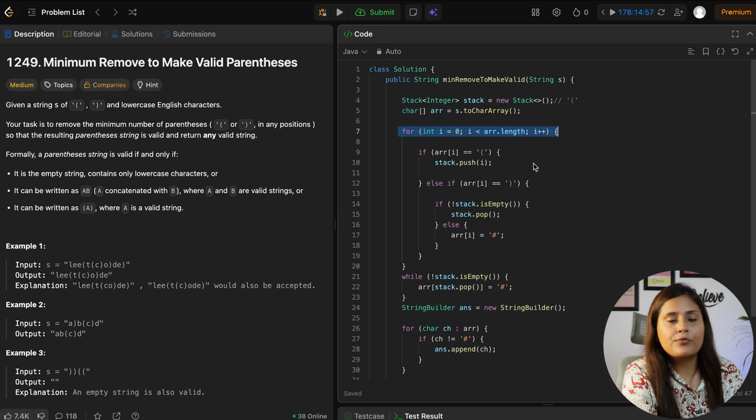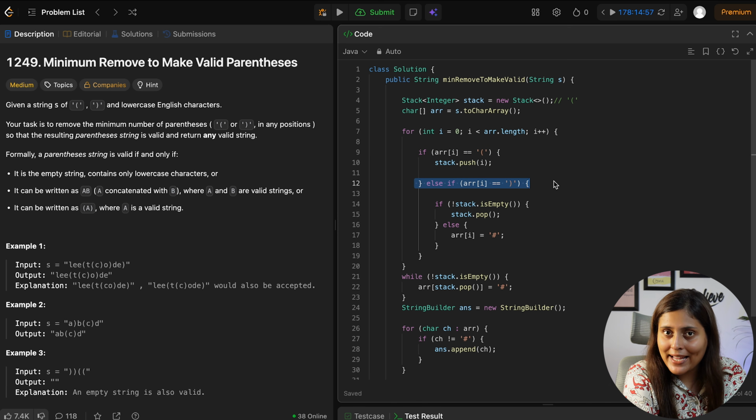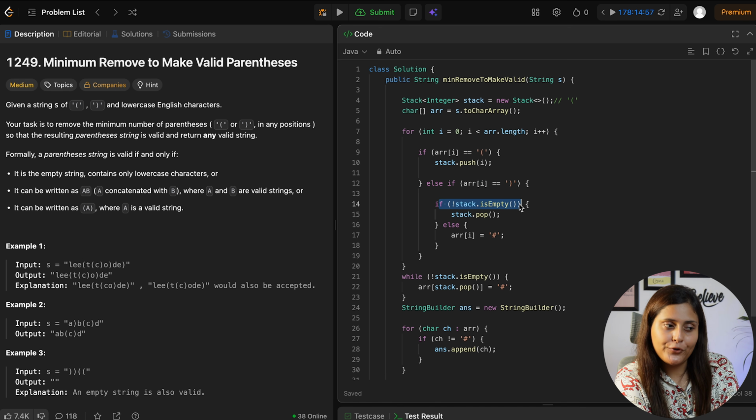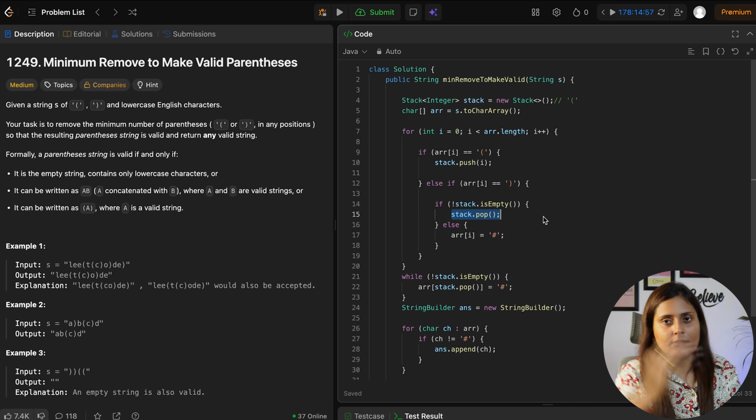Now we'll run this for loop and one by one we'll check if that particular character is an open bracket, we will add it in the stack. Now if it is a closing bracket, we have to check if we have something in the stack of open brackets, meaning if it is not empty, then for sure I have a valid pair. So for this we will remove the open bracket, saying this is valid.